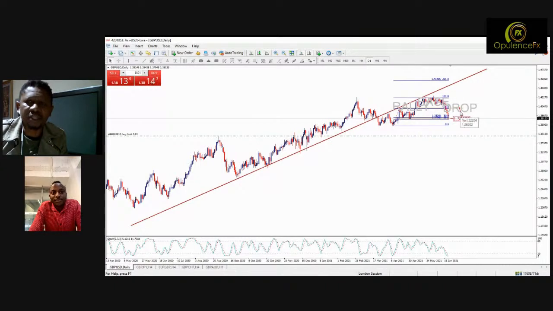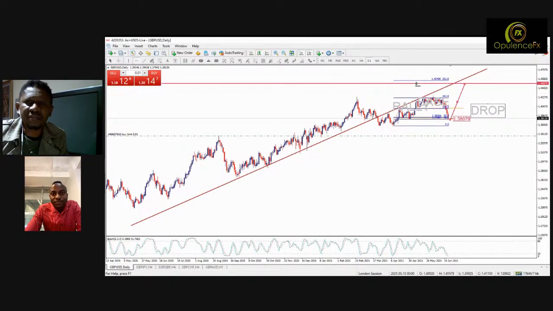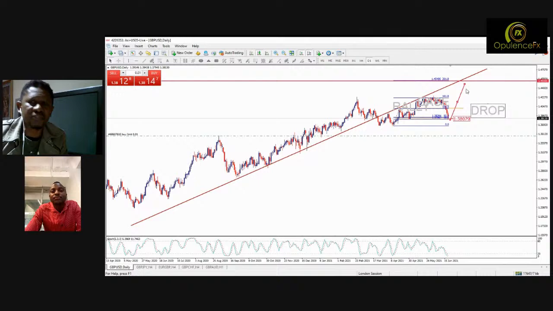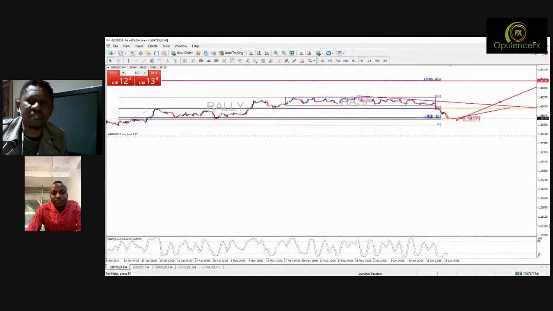If the GBPJPY would take that route, then because they go together, it means that the GBPUSD should also go and retest this broken support and resistance for the last time. That is going to have to be the theory before it drops. So in this case, we need to be seeing a lot of selling of the US dollar for that to happen, because these movements are fueled by the weakness of the dollar.